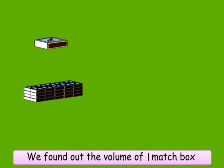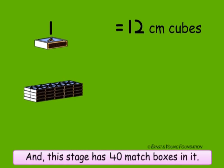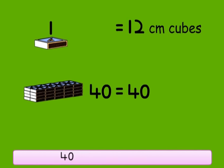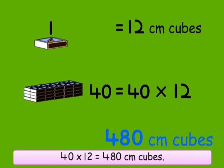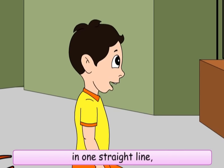We found out the volume of one matchbox to be 12 centimeter cubes. And this stage has 40 matchboxes in it. This way, the volume of the stage is 40 into 12, which is equal to 480 centimeter cubes. If we keep all the 480 centimeter cubes in one straight line,